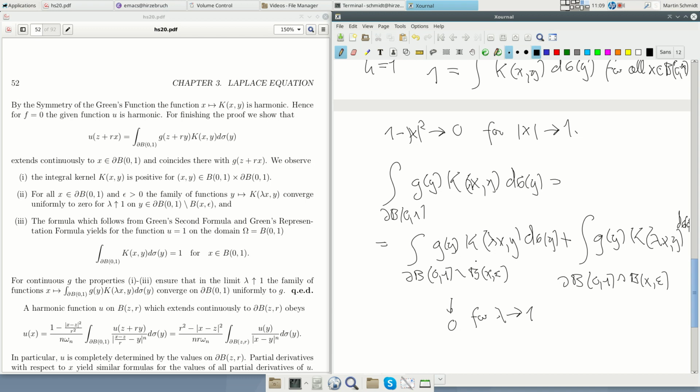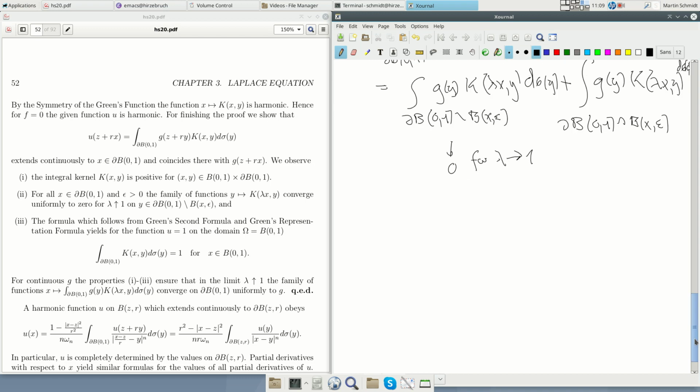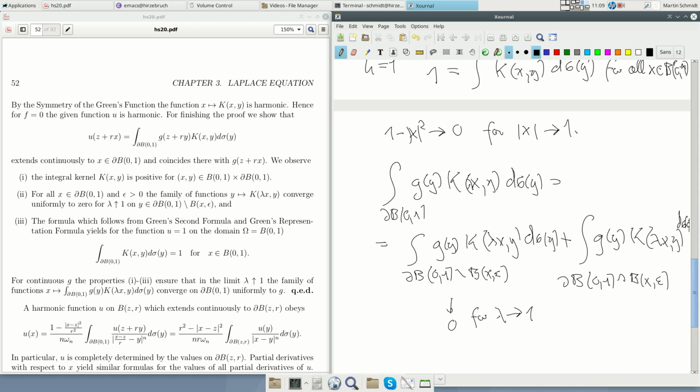And this other part we may estimate, since if epsilon is very small, then g(y) minus g(x) is of course very small. And by the first property we also observe the following: